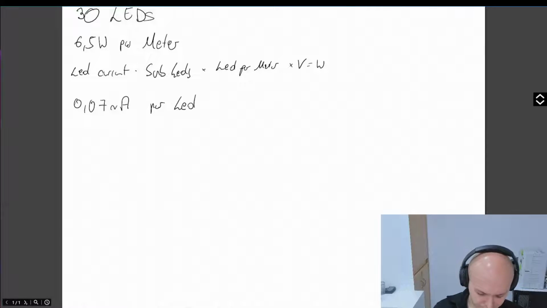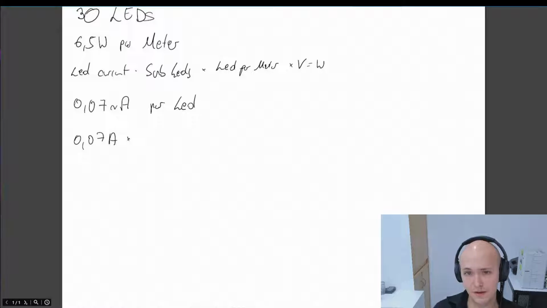Let's do this. Oh no, let's write that down. So we have 0.02 ampere times 3 times 30 times 12, and that should give us